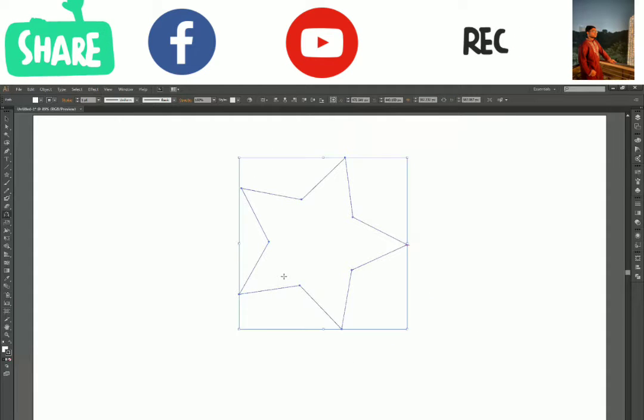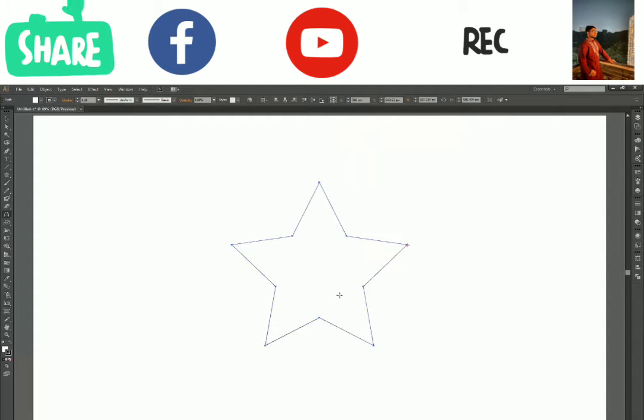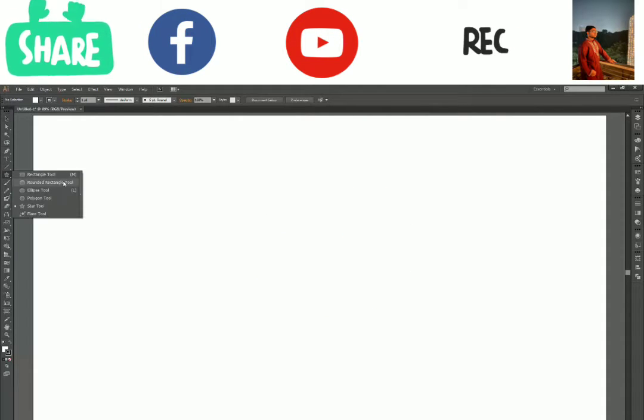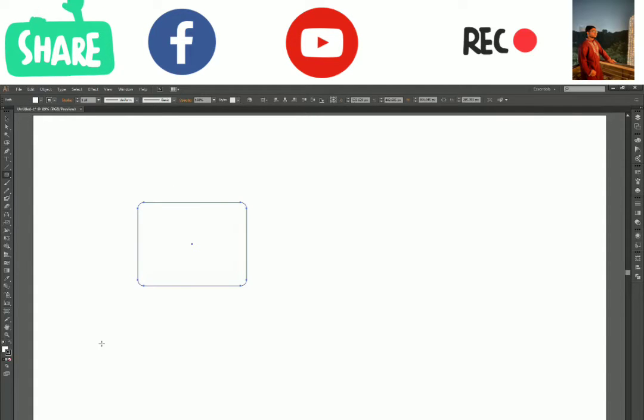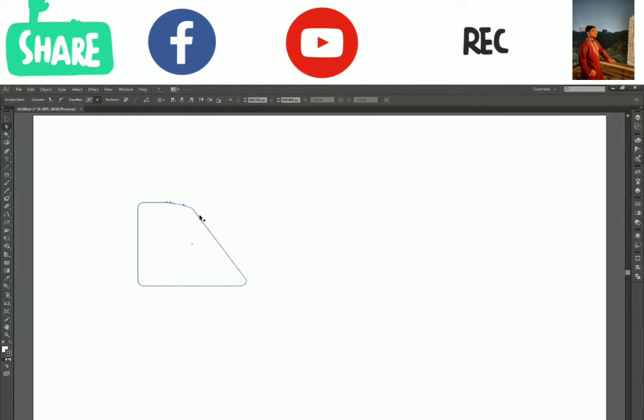Now how does reflection work? For that we should take a shape which is not symmetric. So let's create a shape instead. I'm going to draw a rounded rectangle and select the direct selection tool, and we will make some changes here. Select these two anchor points, move them over here, and select this anchor point, move it further. Okay, and select this.